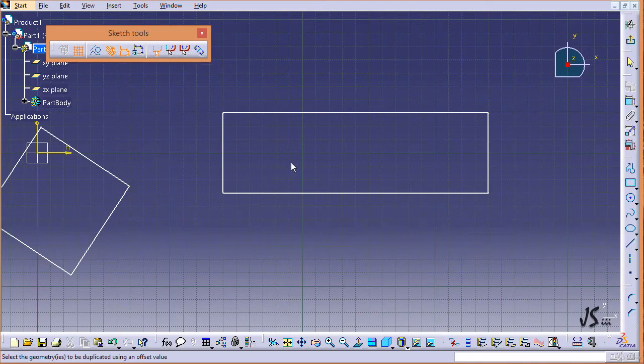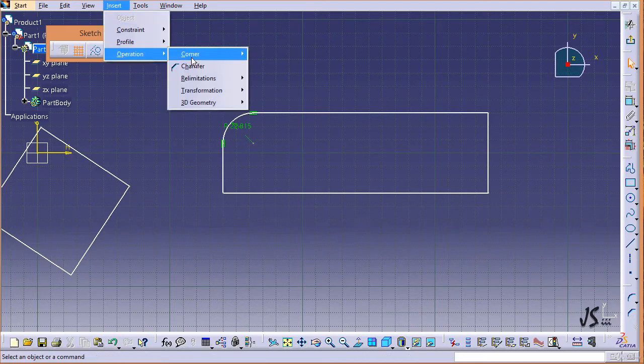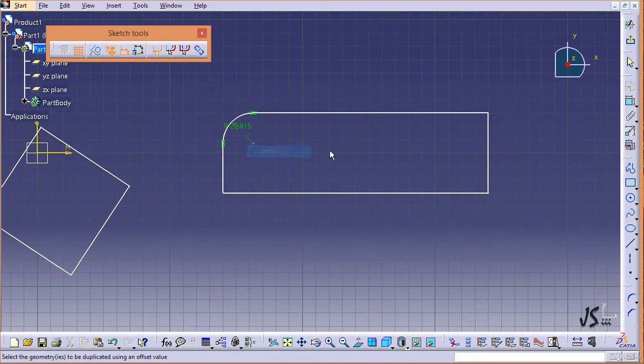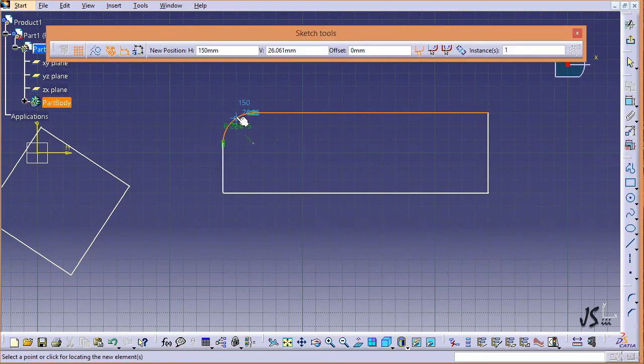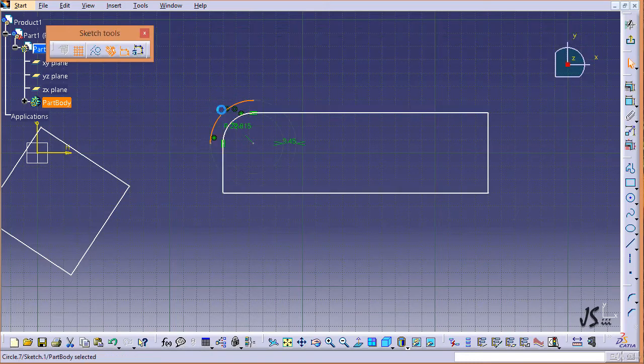Let's say that before this, I'm going to activate corner. I'm going to create a simple corner here. Okay. And then I go and select offset command. If I click on offset command and I select this line, that is a curved line, you can see that by selecting this, as a matter of fact, all the tangent lines are going to have an offset. So I select to have, for example, one instance, and here, and I click on this,